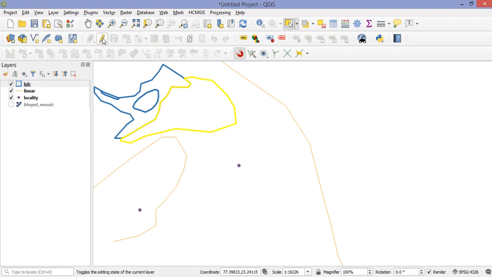So this is just the basic tutorial of how to create, edit and do the digitization in QGIS. Of course, this is just a basic step. So in order to learn more precisely, you need to practice more and more. Do comment if you find any trouble during digitization. I will be able to help. Then I will cut.